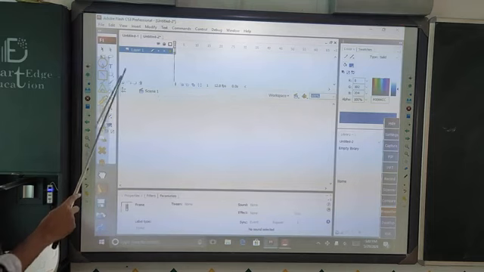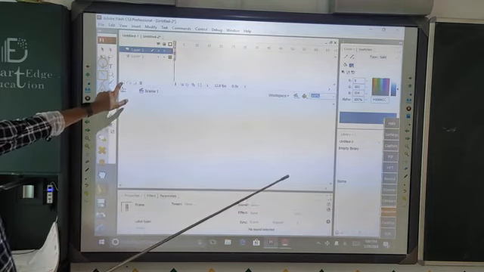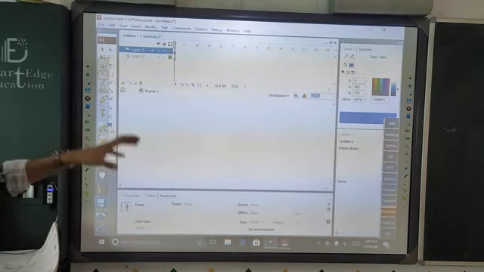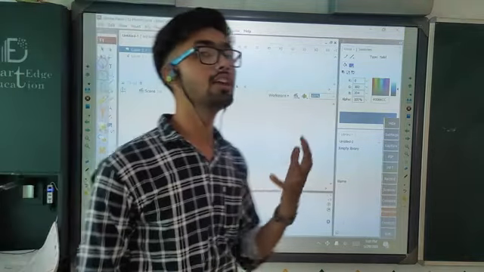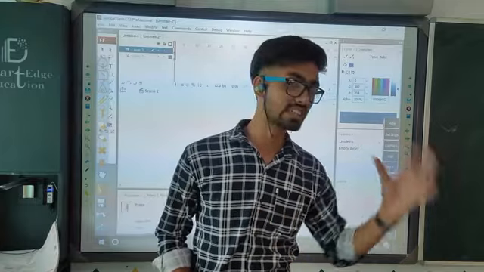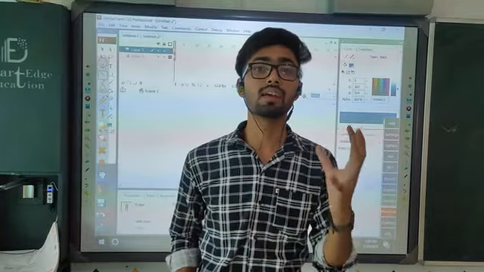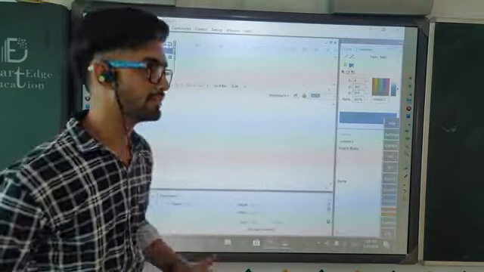This is our layer window. We can add a layer from here. This is the symbol that we use to add layers in our window. We add layers because we need to mask the first layer on the second layer. By this method, we can make our animation more effective.